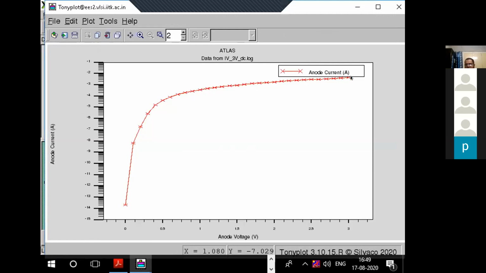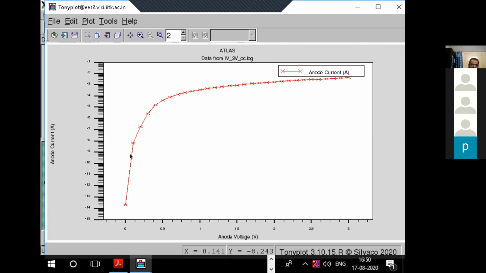So at the higher bias, the conduction is basically like a space charge limited current. But at the smaller voltage, because the device has a built-in field, because the two electrodes at the ends have different work functions, that is creating a built-in field, and that is why it is resulting in an exponential characteristic. So here we have an exponential characteristic for smaller voltages, and once the built-in voltage gets taken care of by the bias, after that the space charge current takes over. All those effects we are being able to capture.